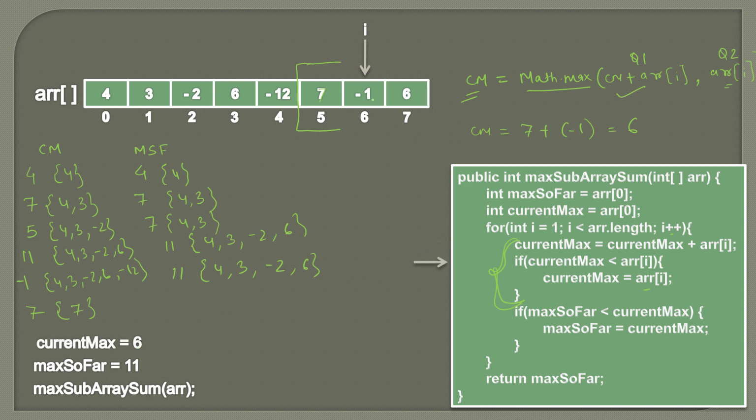And now this minus 1 will see that if I become part of the current subarray, which is this, I am getting sum as 6. If I start my own subarray, I will get sum as minus 1 because this is the only element. So it sees that okay, it's better to go with the current subarray. So this condition comes out to be false because current max, which is 6, is actually greater than minus 1. So here now our current max is 6, taking in 7 and minus 1 together. Now this 6 doesn't beat the 11, so it remains the same.